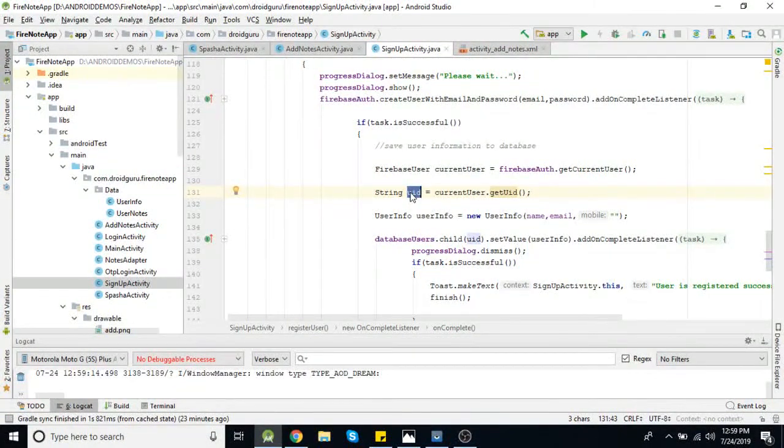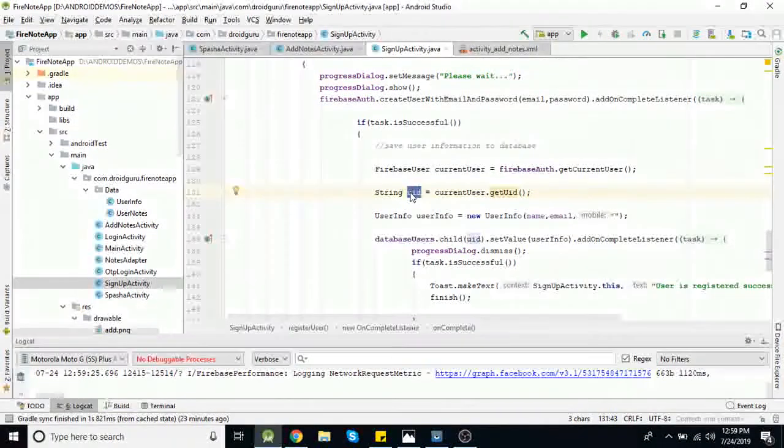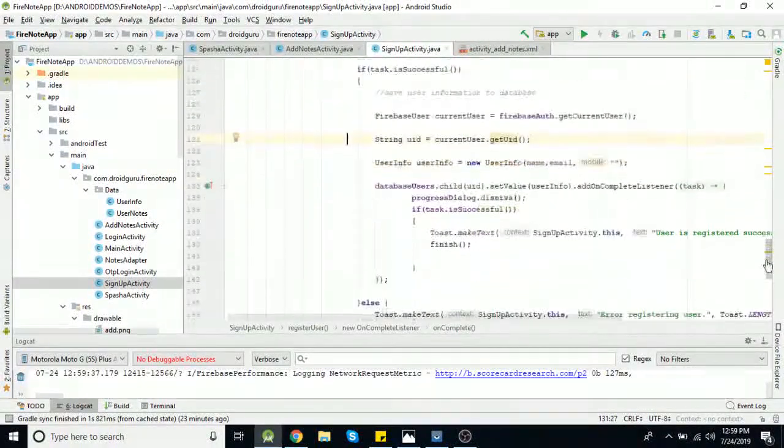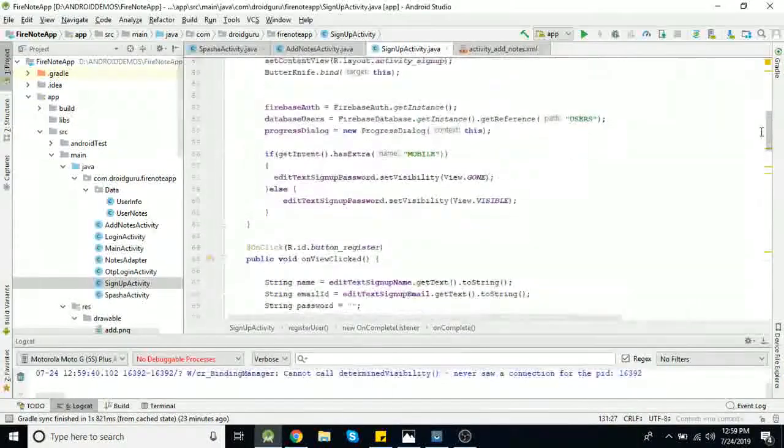So what you need to do is, whenever you get this current user ID, you need to save that ID in some local database, that is shared preference or SQLite, anything, and later we are going to use the same ID for storing our data and for reading also. So I think I didn't save this ID. Okay, so let me save that first.